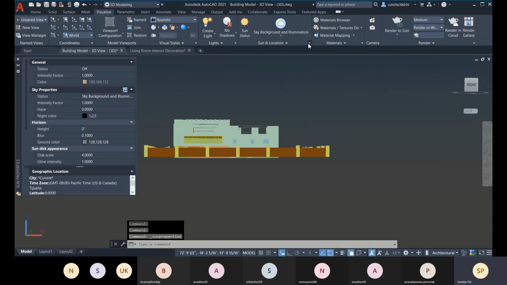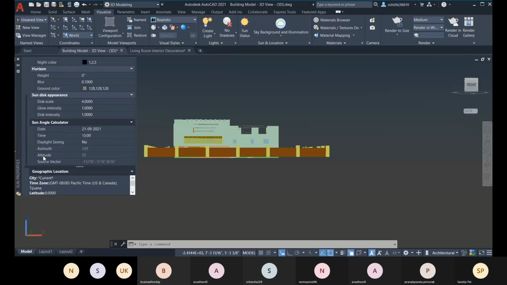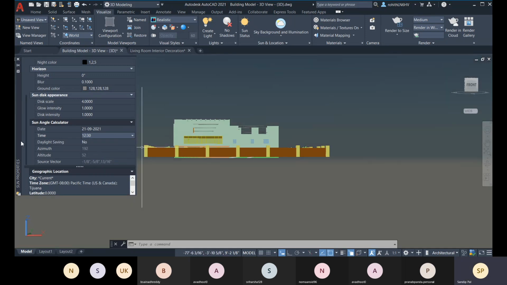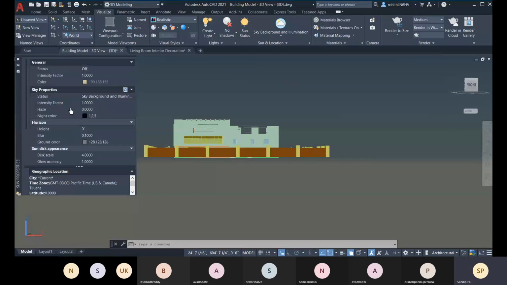So for that, let me go to the sun properties, and I have to check the timing. As per the timing, you will have your sun. Right now this is the date, and now let me change the time. So let's go with 12:30.